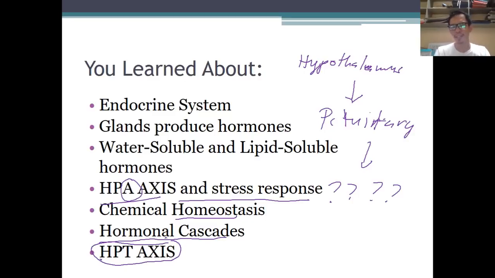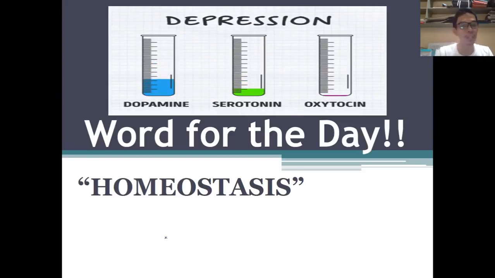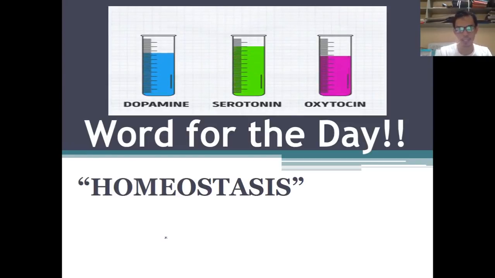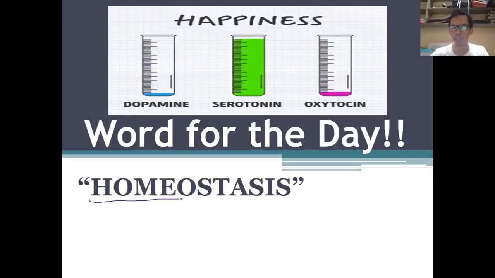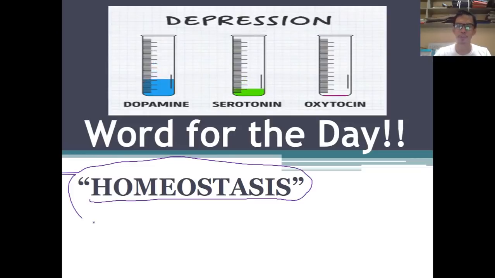Basically, these are the things that we have learned about the endocrine system. Before I end my discussion here on this video, the ultimate purpose of the endocrine system is to maintain your body's homeostasis. Any imbalance in the body will lead to the death of that organism. So it must always be balanced, which is called in biological terms homeostasis. Chemical substances must be balanced in the body in order for you to survive.